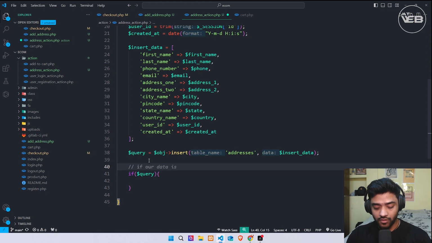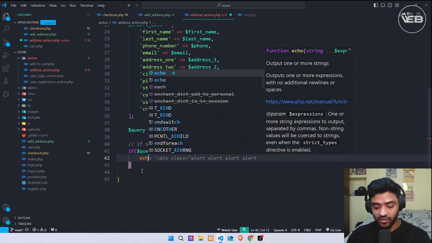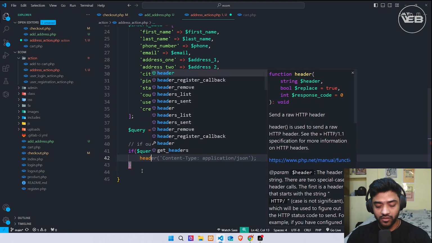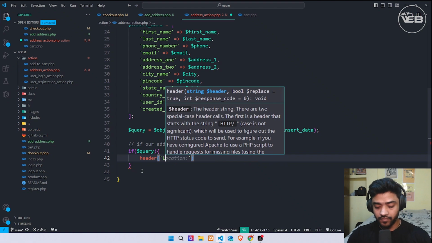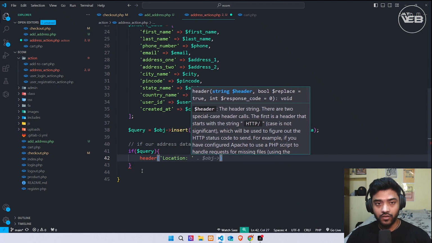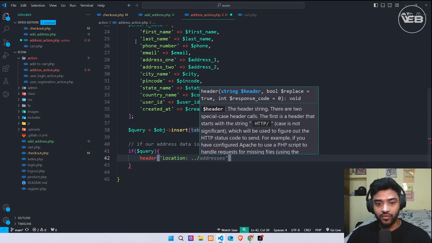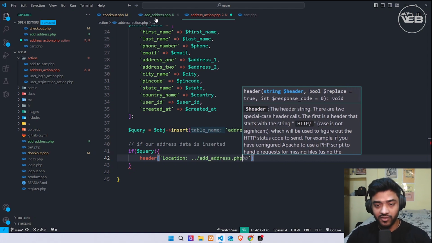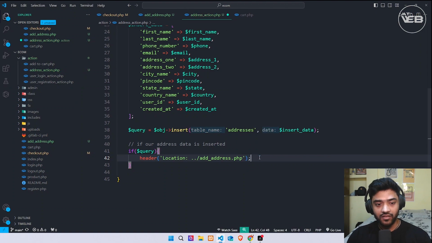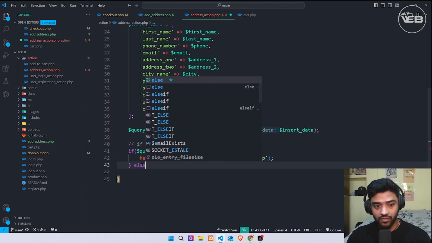if our address data is inserted, then okay, I just print a message. Otherwise I redirect to my header, location will be go back with my add_address.php, save, and else